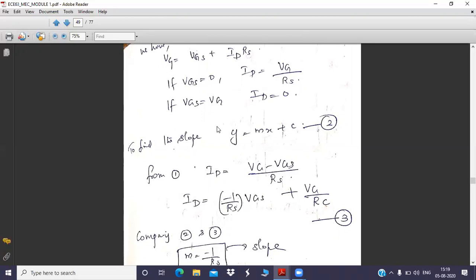Now from you people, I want to know how you can rearrange our equation. This is our equation. In this equation, which is our y? Can anybody tell which is our y? I will give you a clue. y is nothing but a parameter that is plotted on the y-axis. So you can easily tell the answer.